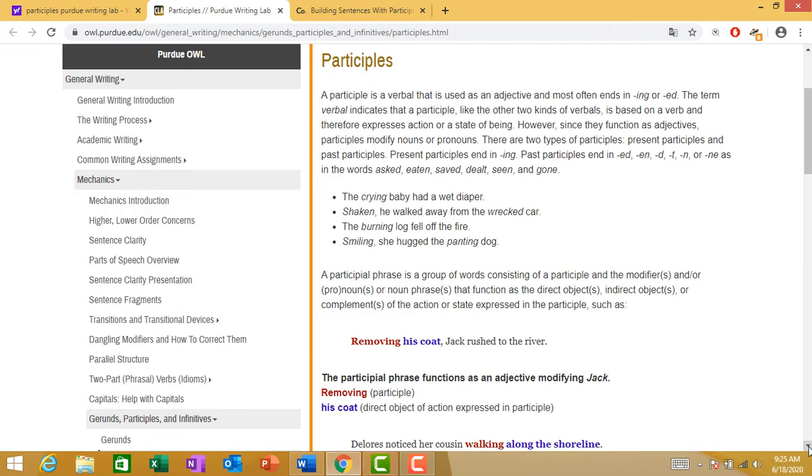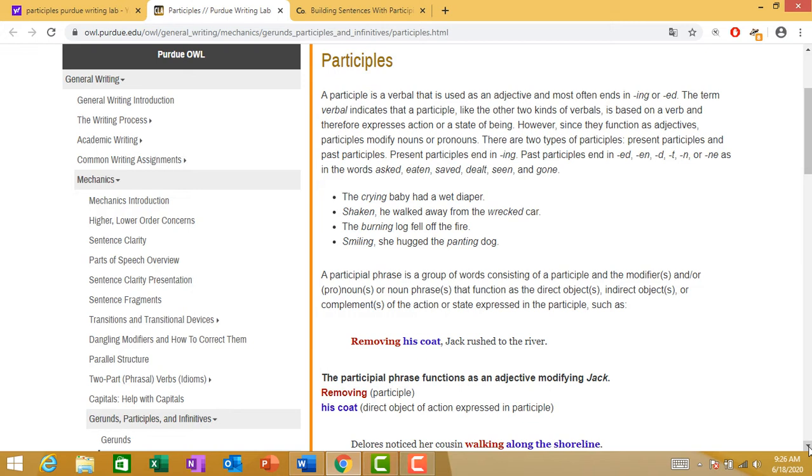It would be considered a noun. So the gerund phrase is considered a noun, but the participial phrase, although you can find an -ing word in it, is acting as an adjective. In this sentence, for example, the crying baby had a wet diaper. The baby was crying. The baby who had a wet diaper